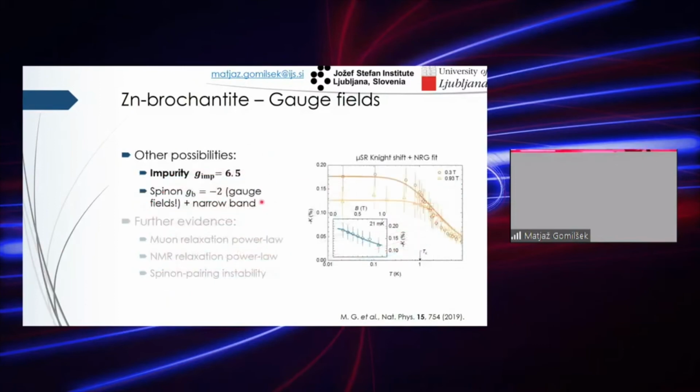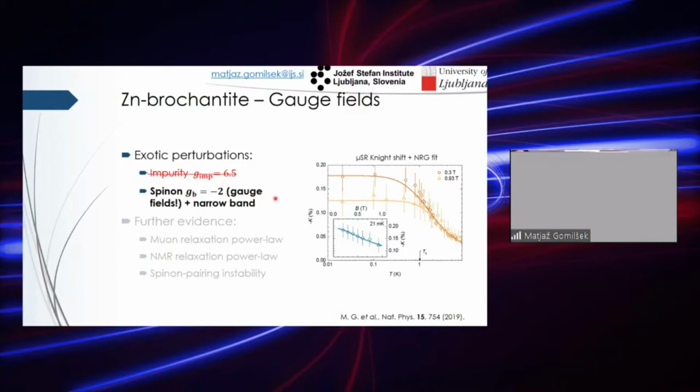There are only 2 things that could potentially explain it. So the low field dependence could be explained by an anomalously high impurity g factor, which fails at high temperatures to describe the data. The only thing that does actually completely describe everything is if we include a renormalization of the spinon g factor to a negative value, which might seem strange, because electrons usually have a positive g factor of 2, whereas spinons,